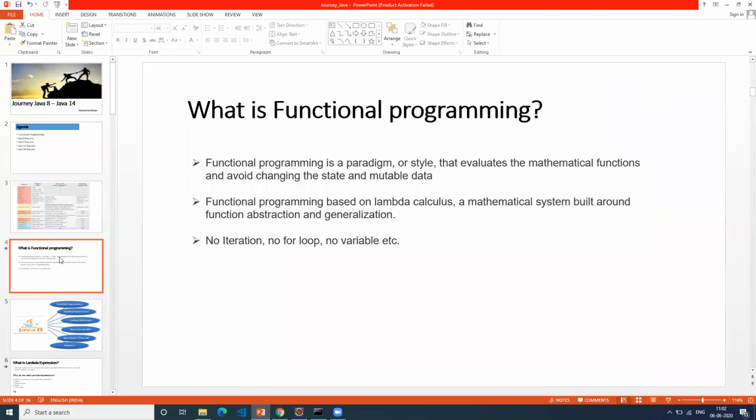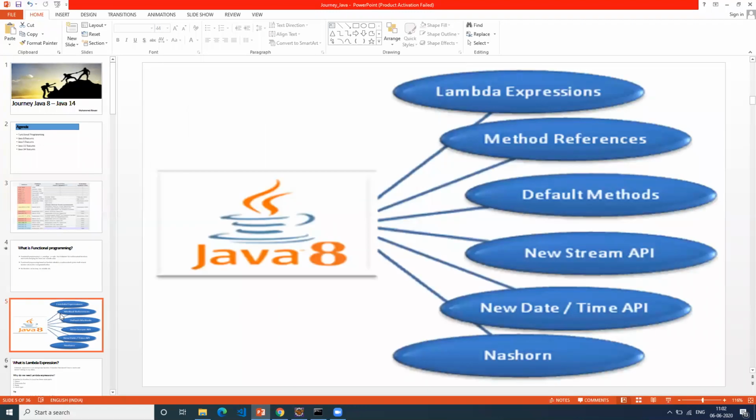Then we understood what is functional programming and what's the difference between functional and object-oriented programming. And then we understood what is lambda expression, how lambda expression works, and we went to method references, default methods, and streams.